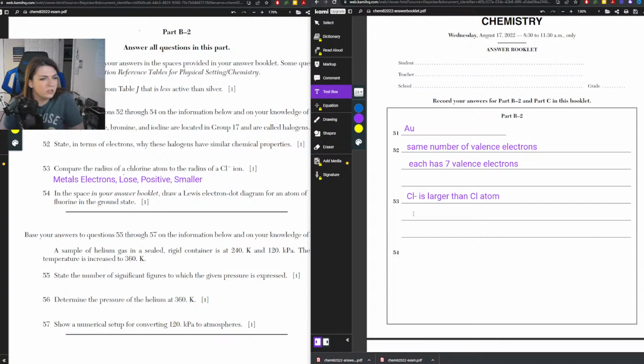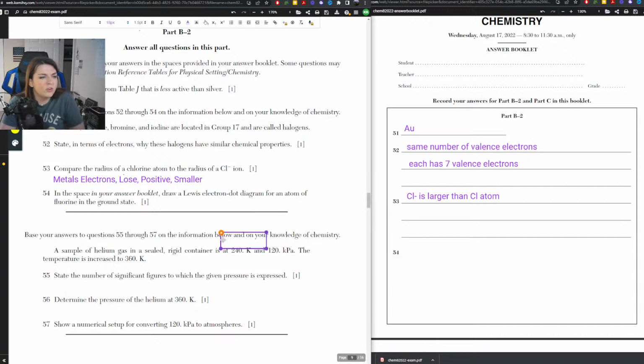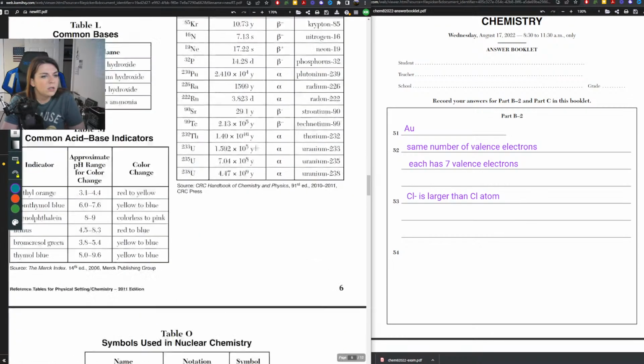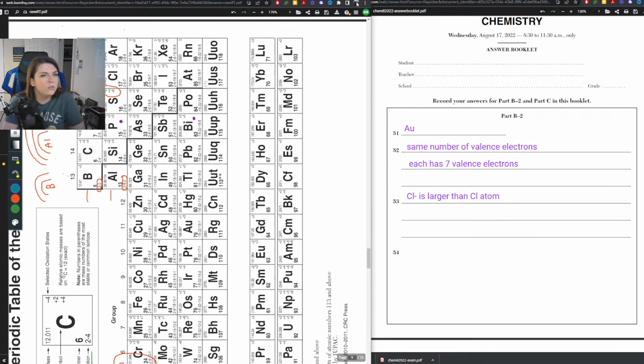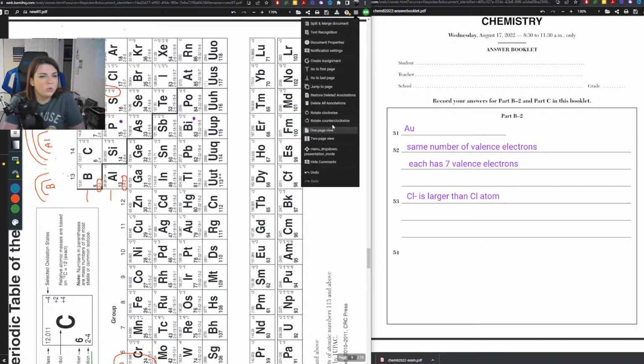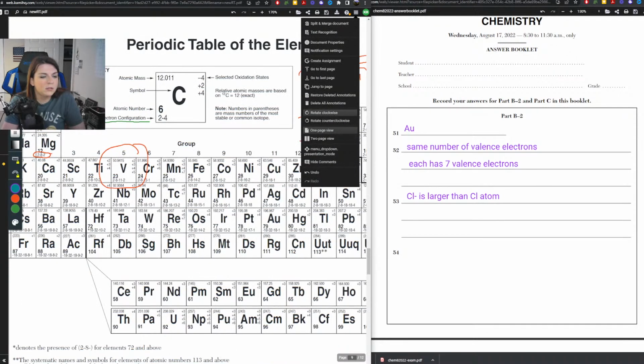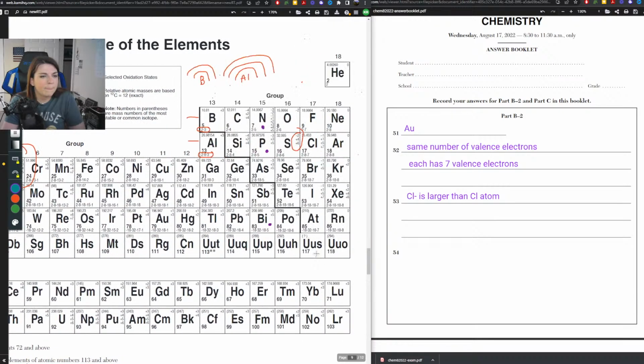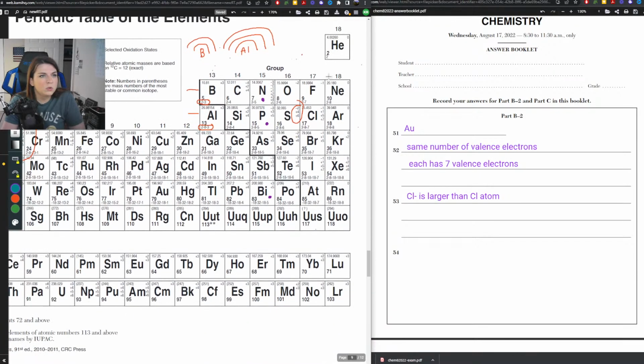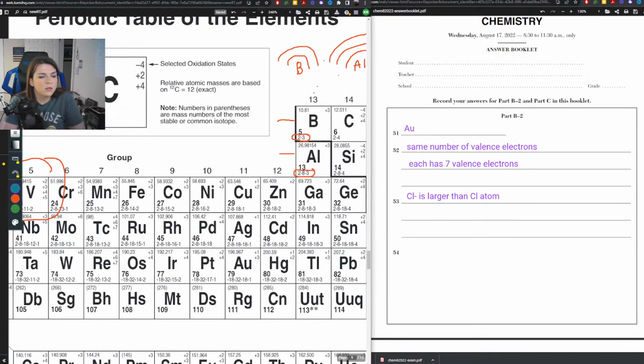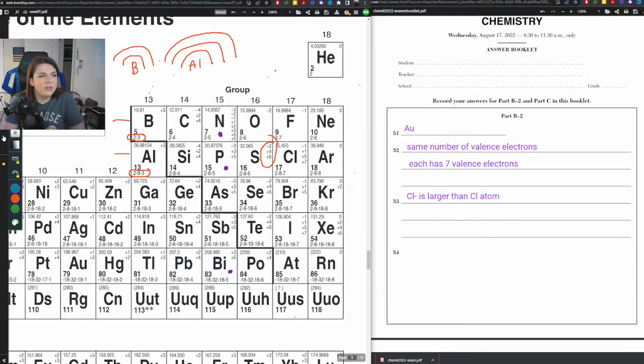54. In the space in your answer booklet, draw a Lewis dot diagram for an atom of fluorine in the ground state. Fluorine is F. If you don't know that, look it up on table S. Fluorine has 7 valence electrons, which we know because it says so right there, that little 7. When we draw a Lewis structure for fluorine,